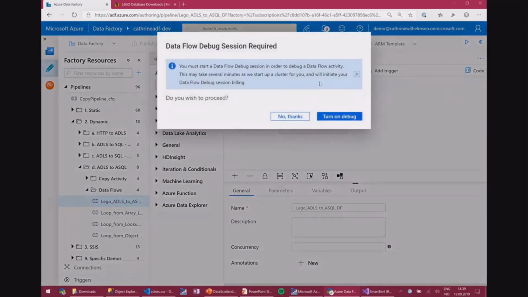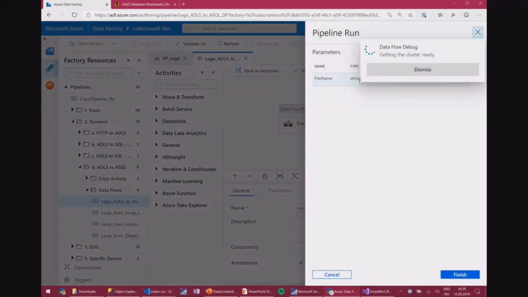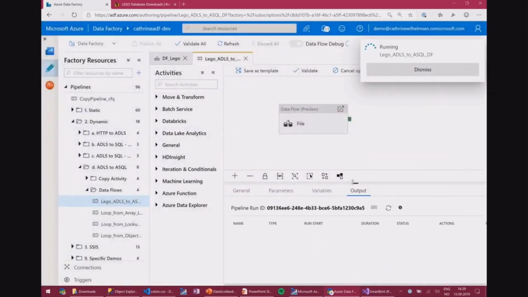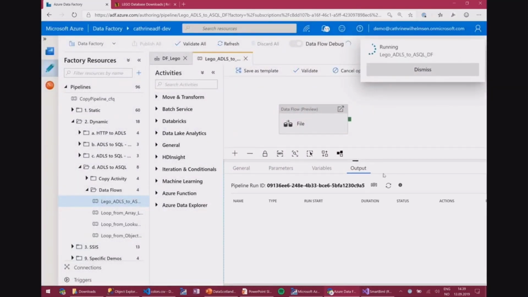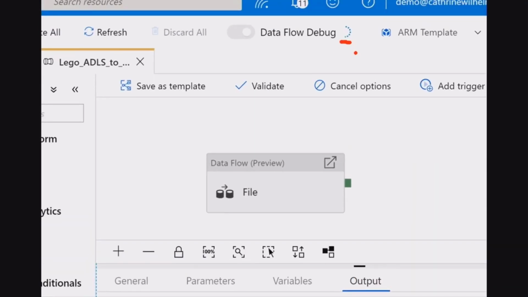If I click on debug, no, that's actually, it has to start this cluster, which is probably going to take a few minutes. I thought that I had started it, but it timed out during my session. I hope, we have 6 minutes. Hopefully it will work. Once I click on this, it's going to run that. If we run out of time for this, again, this is the data flow debugging session that just needs to spin up. It is currently working up here.